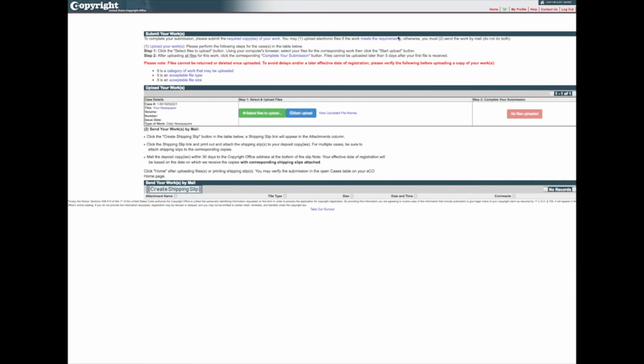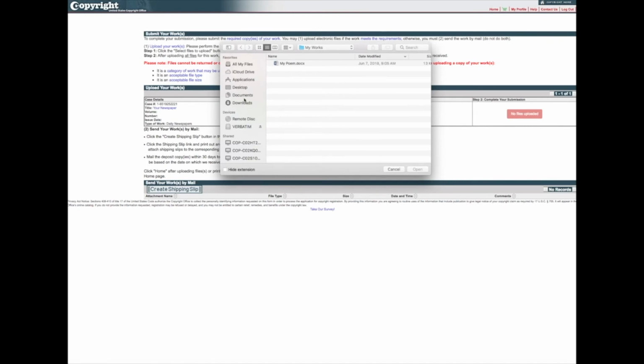As mentioned earlier, each issue must be uploaded in a separate PDF file. The file size for each PDF must not exceed 500 megabytes. If necessary, the files may be compressed to comply with this requirement. Do not submit the issues in a compressed file, such as a zip file. To upload files, click the green Select a File for Upload button. A new window will open, allowing you to select files from your computer.